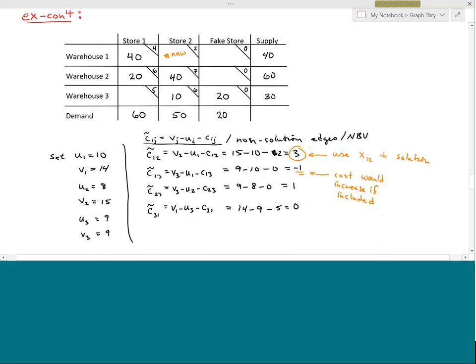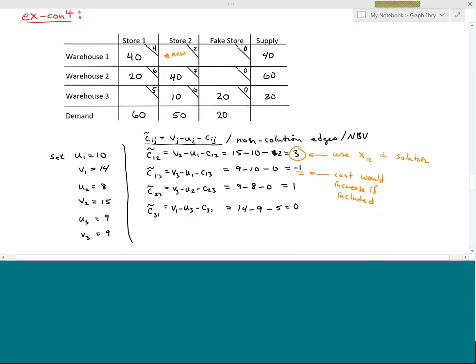That previous step was only solving for these U's and V's to get to the current thing we're looking at. And we already have the cost of the C's without the tildes. Put them into the formulas, calculate the values, and you look for the maximum value. It's easy to spot a maximum value, which is why I did this formula in this way. Actually, a number of textbooks do it in this way. Yours just doesn't. Okay? So you look for that maximum value, and this 3 tells you that if you actually